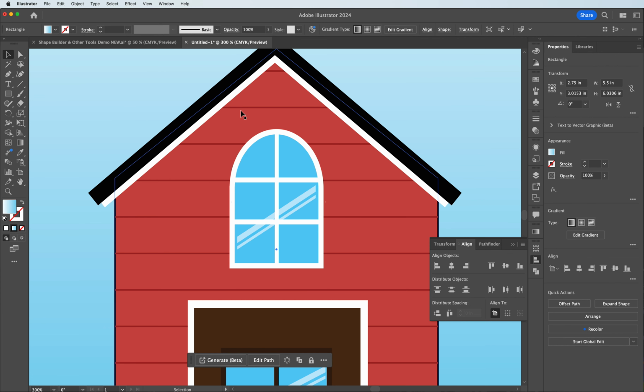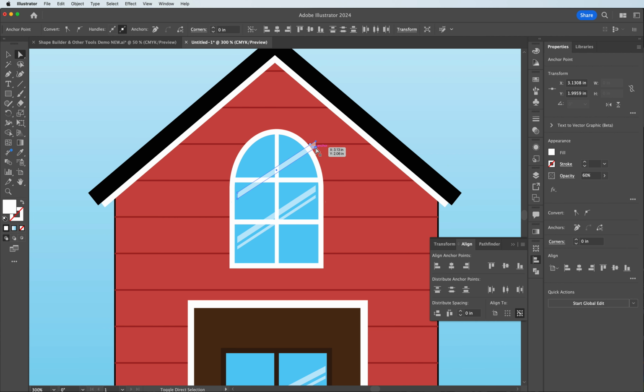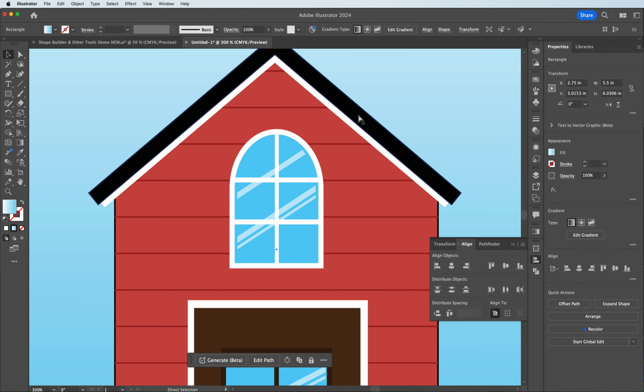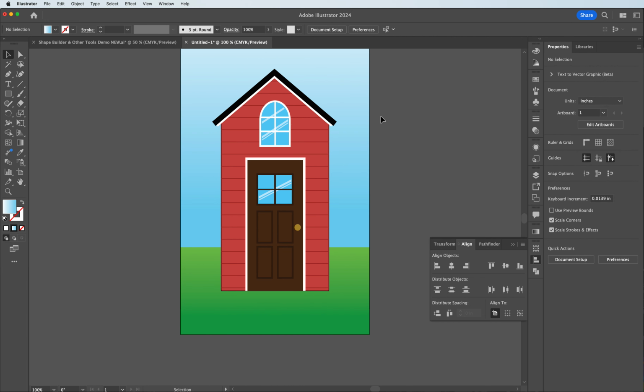Scale them as needed. If you want to add in another highlight, you could always make an adjustment. I can use the direct selection tool to modify out the shape. If I need to change that out, I can customize it to my preference. But if we zoom out, we get a nice, simple little shed with a nice window, door, and elements that